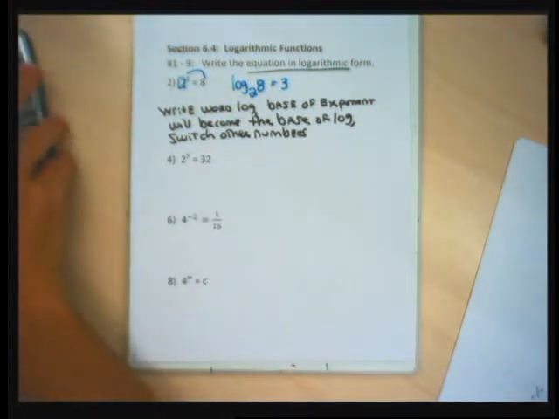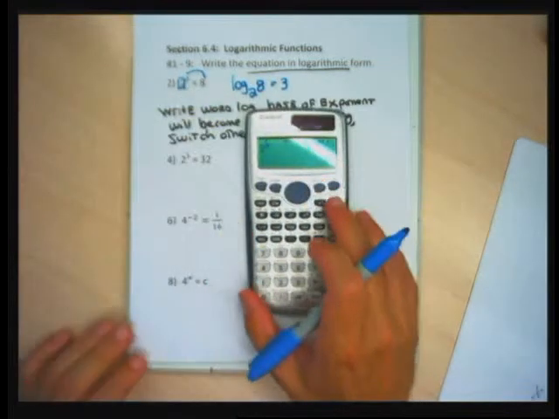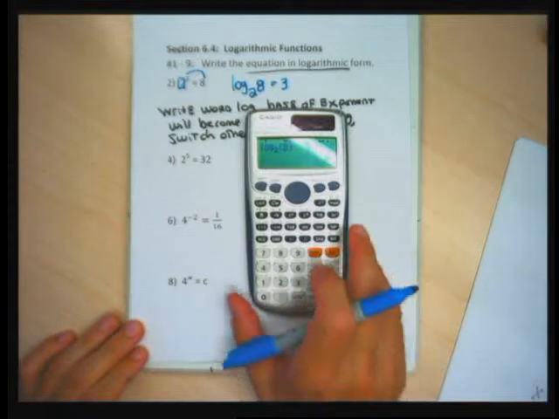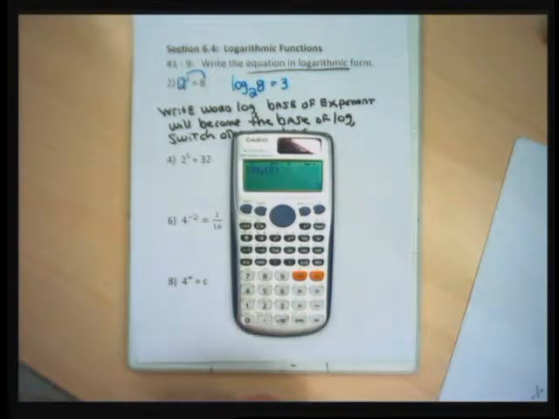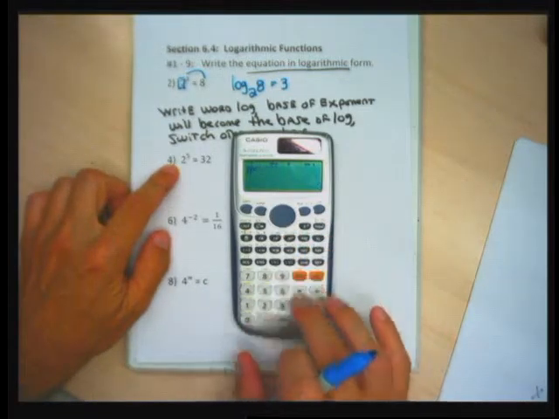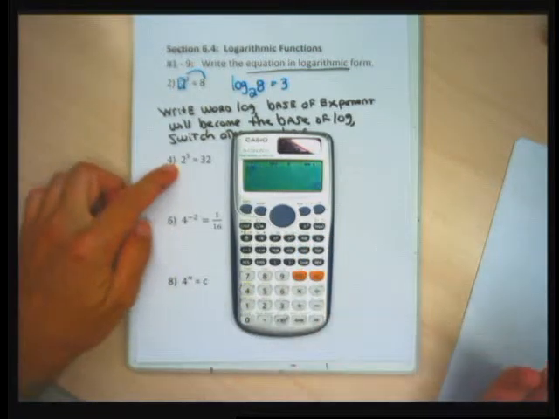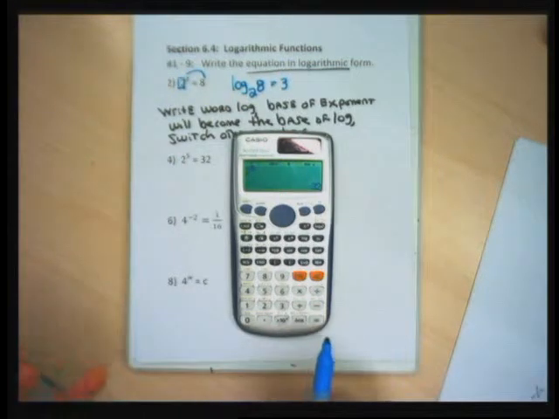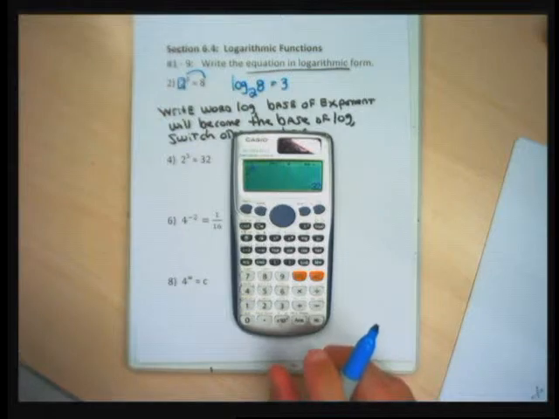Let me make sure I've written a true statement. Easy enough to check. That the log base 2 of 8, does that equal to 3? Because it does equal to 3, I've successfully written the equation in logarithmic form. 4 is another true statement. It gives me 2 to the 5th power equals to 32, and 2 to the 5th power does equal to 32. I want to write a true statement with the numbers 2, 5, 32 in logarithmic form, so let me write the word log